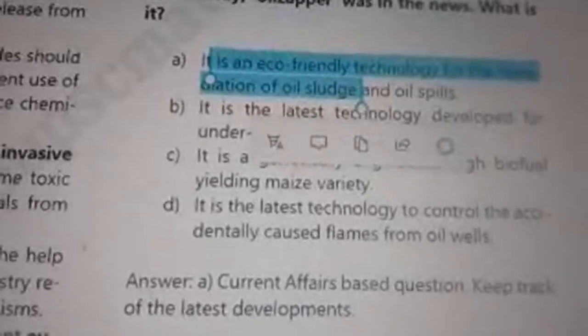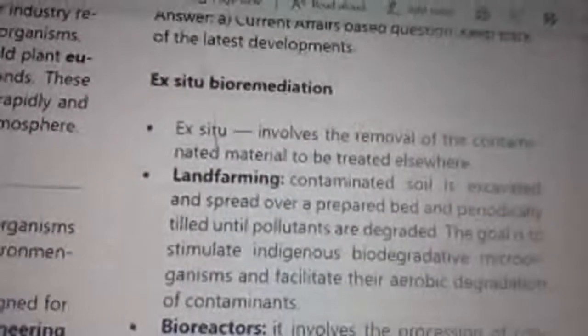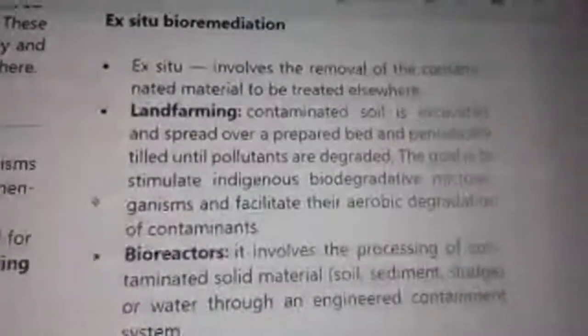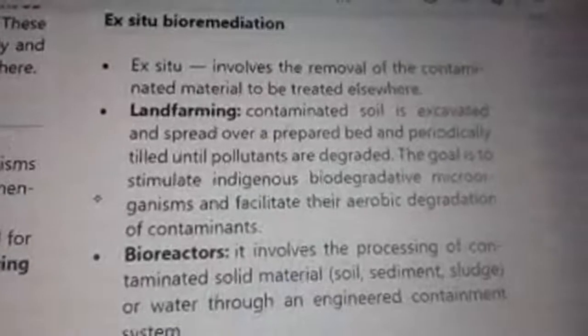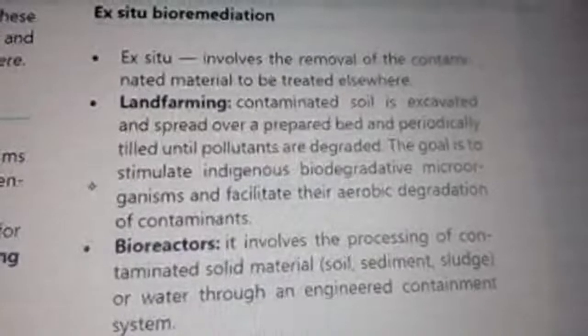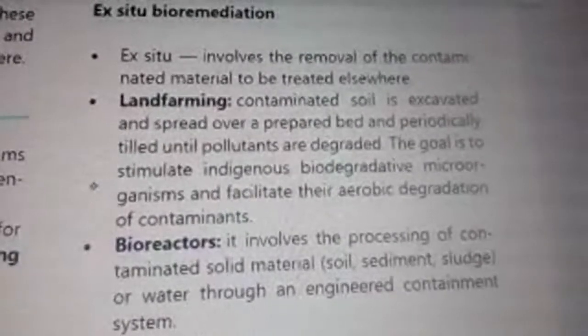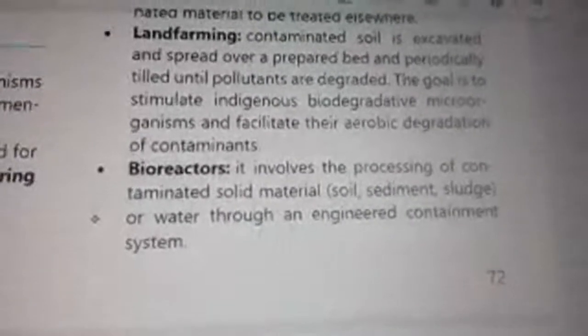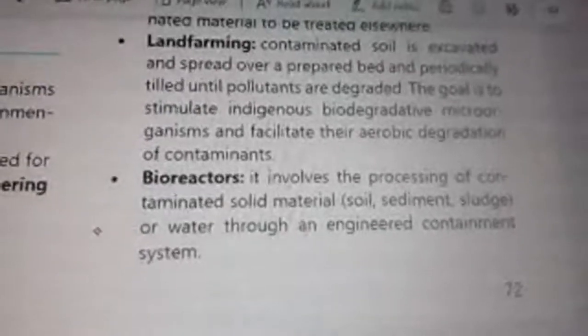Ex situ bioremediation involves the removal of the contaminated material to be treated elsewhere. Land farming: contaminated soil is excavated and spread over a prepared bed and periodically tilled until pollutants are degraded. The goal is to stimulate indigenous biodegradative microorganisms and facilitate their aerobic degradation of contaminants. Bioreactors: it involves the processing of contaminated solid material, soil, sediment, sludge, or water through an engineered containment system. Composting,